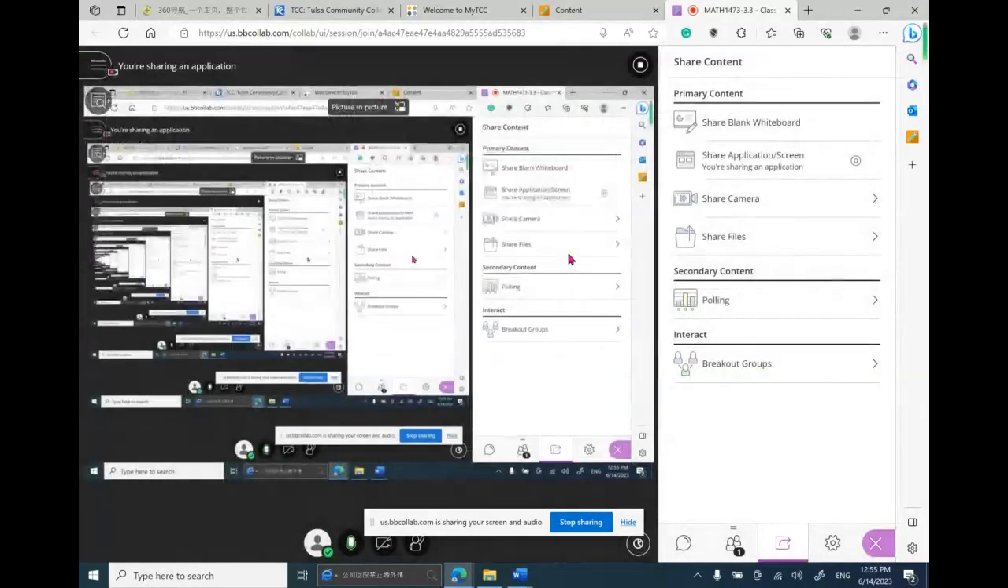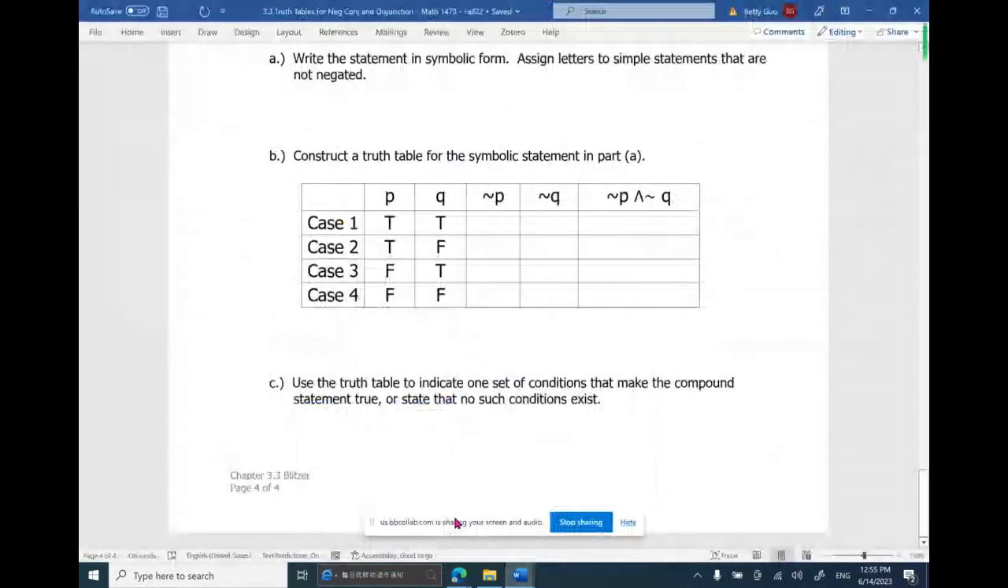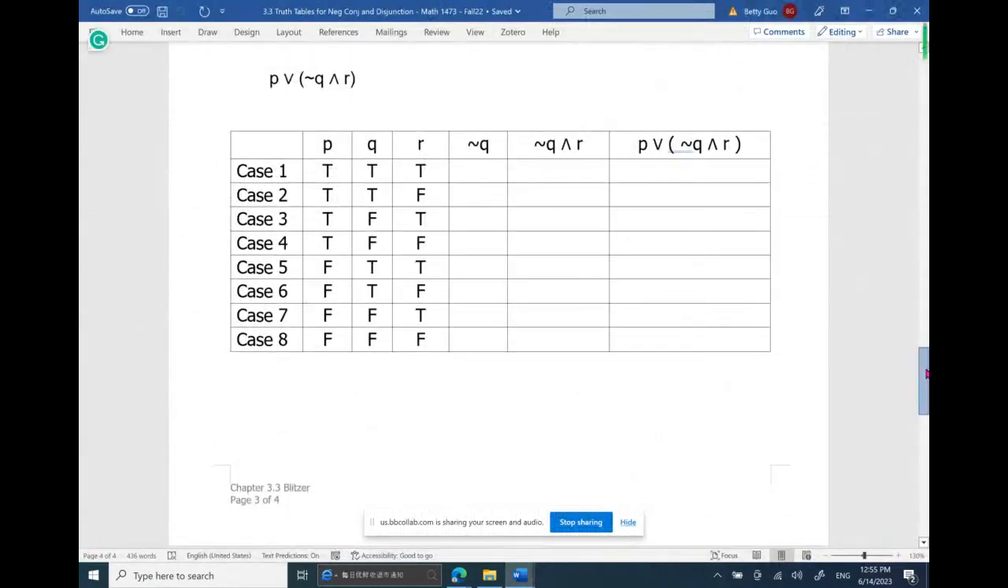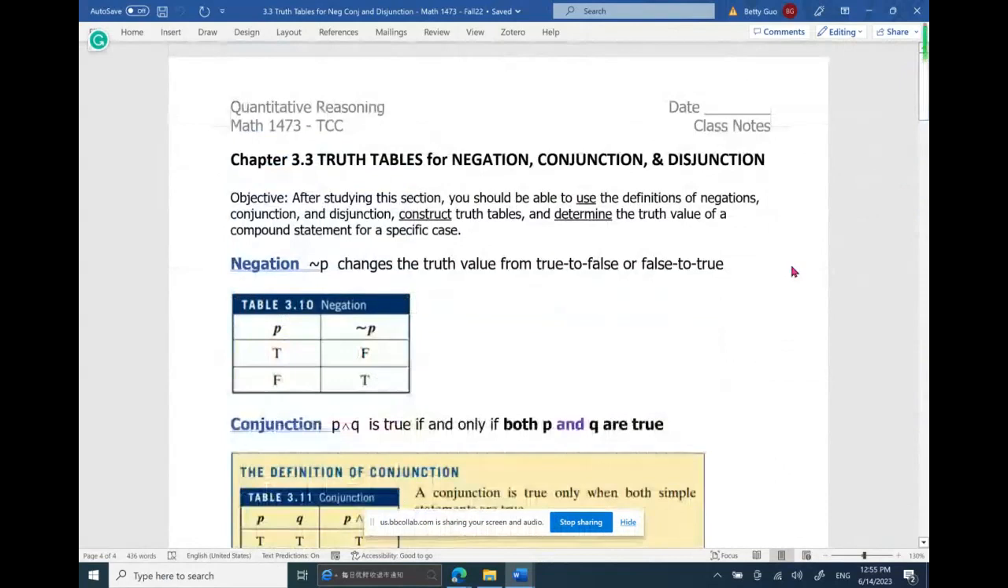Hello class. In this video, we cover section 3.3. We are going to learn a very important concept, truth table. This section covers truth tables for negation, conjunction, and disjunction. Remember the symbols for those